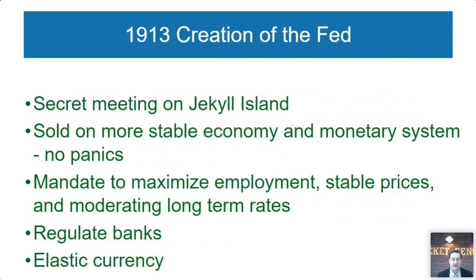Of course, I always say, look at what we've had since the Fed. We had the Great Depression, which was probably the worst panic ever. And then you could throw on top of that 2008, another huge banking crisis. So it's not a situation where we don't have panics. And we didn't have a panic at all from basically the end of the Great Depression until 2008. And I think that's mostly because of